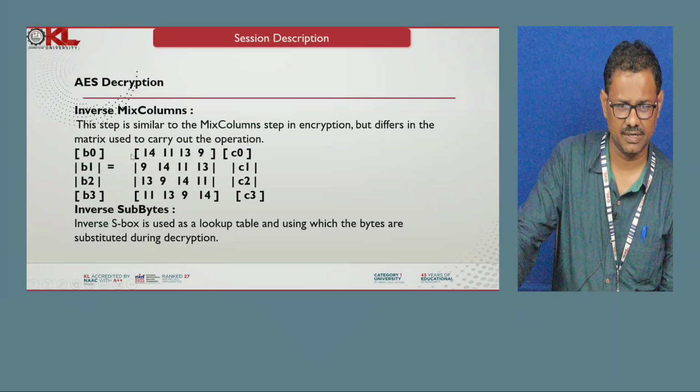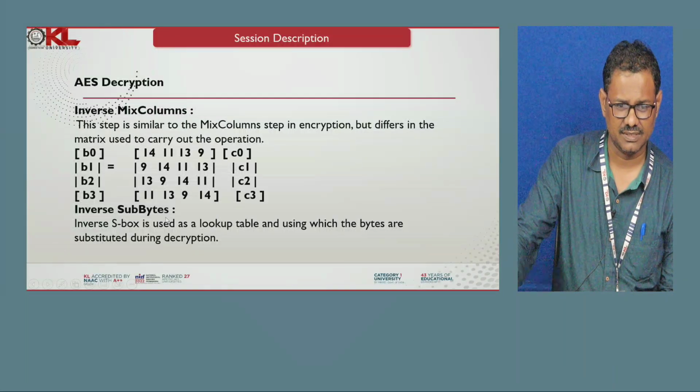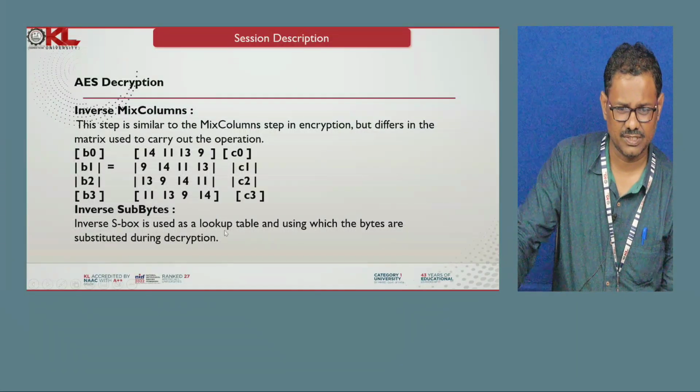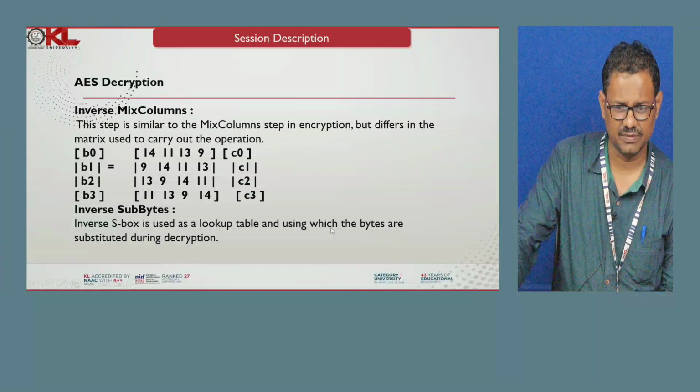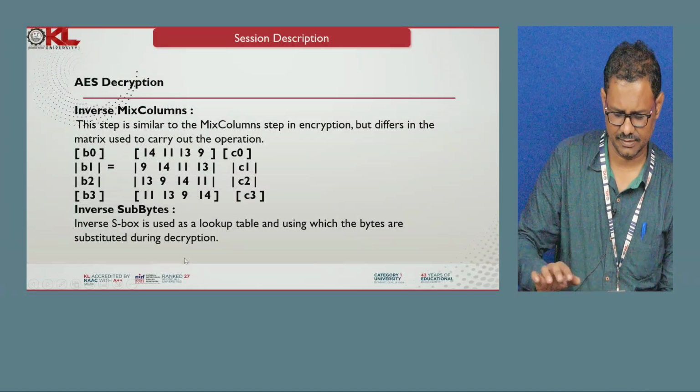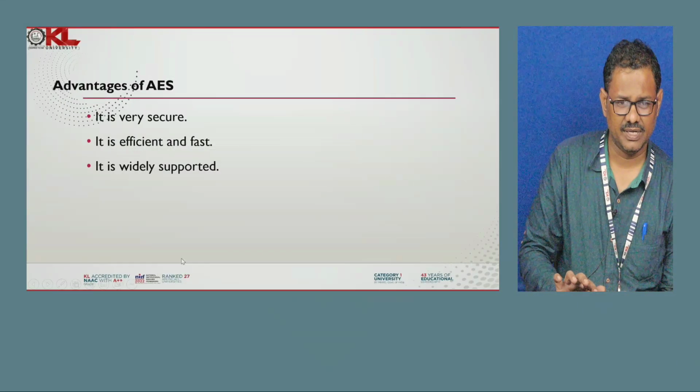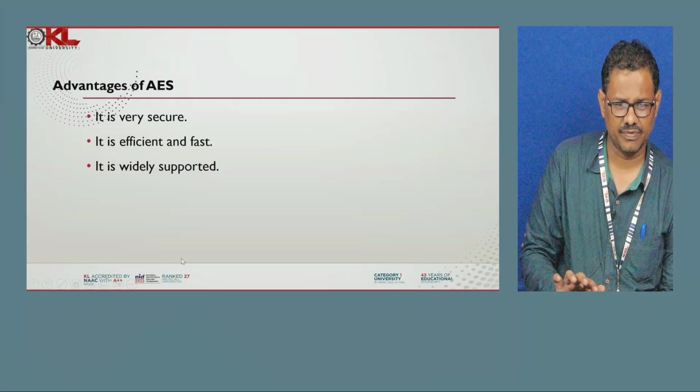We are using this matrix: 14, 11, 13, 9, 9, 14, 11, 13, 13, 9, 14, 11, 11, 13, 9, 14, like this. Inverse sub bytes: the inverse S-box is used as a lookup table, using which the bytes are substituted during decryption. The advantages of AES: it is very secure, it is efficient and fast, it is widely